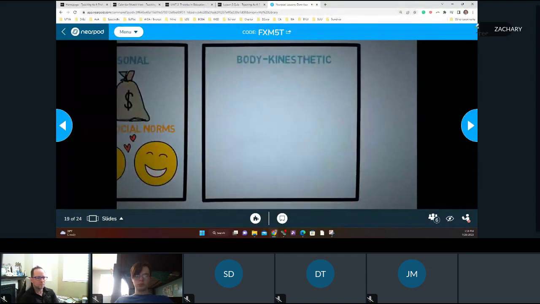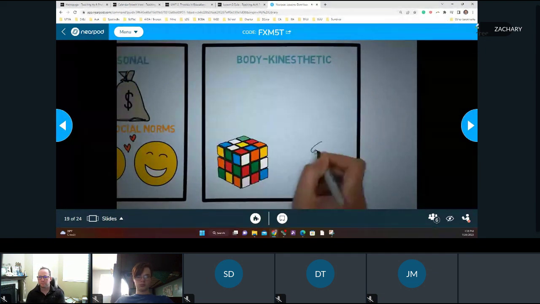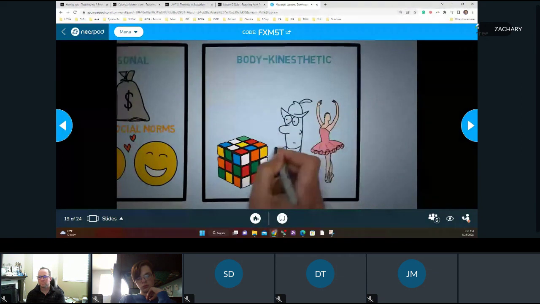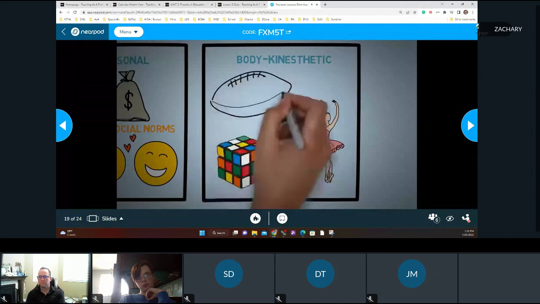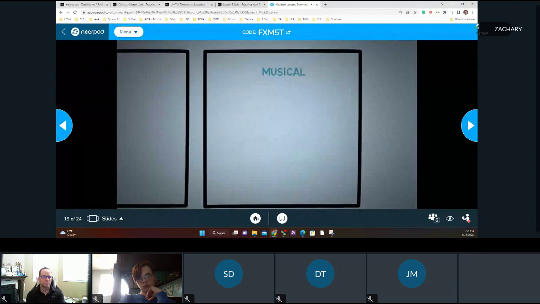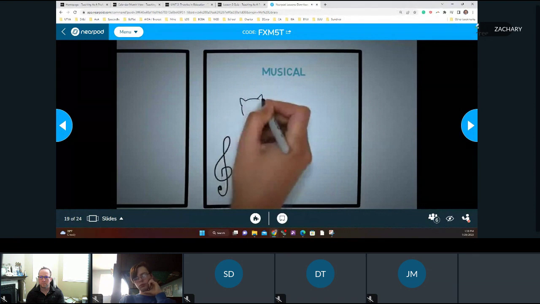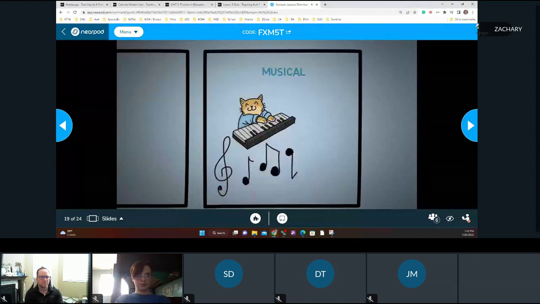The fourth is body kinesthetic, which means you are good at handling and maneuvering your own body. You can handle objects skillfully and basically move them around however you want them to, as well as your body. People that are very intelligent in the body kinesthetic field are dancers, actors, soldiers, and even many sports athletes. The fifth is musical intelligence, and this is associated with rhythmic and harmonic music. Being able to interpret sounds, rhythms and tones and pitches, and being able to understand them on a level that most people can't understand. If you're good at this, you can probably compose or at least play an instrument.